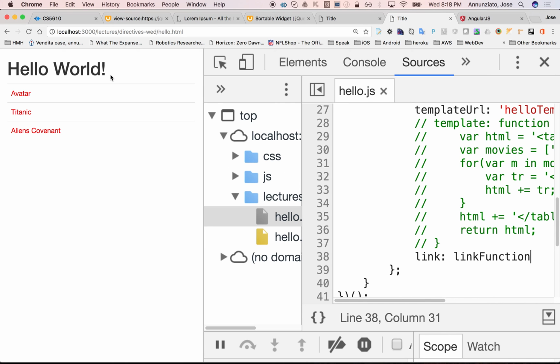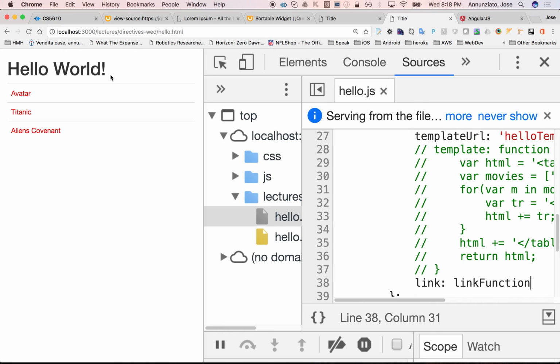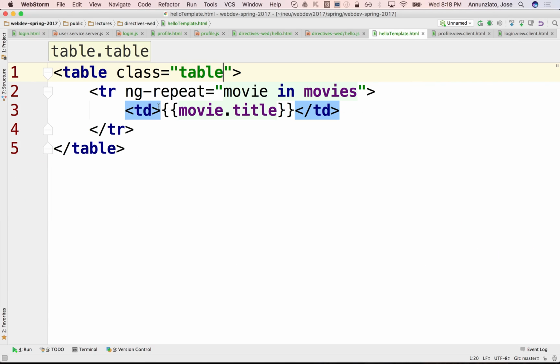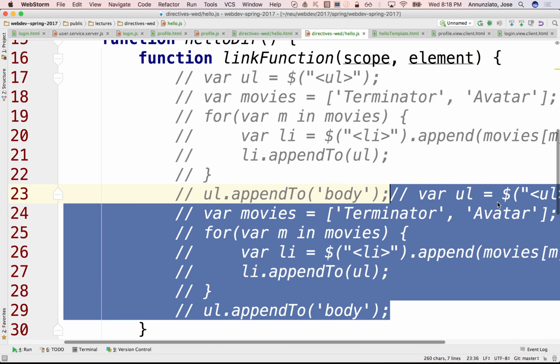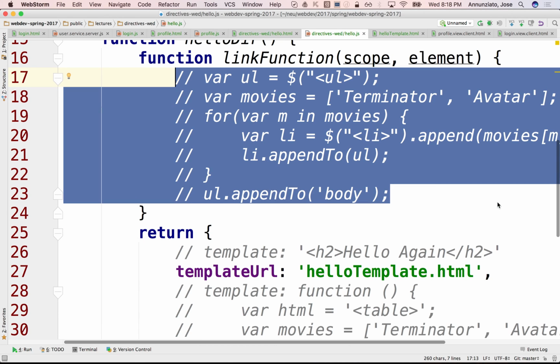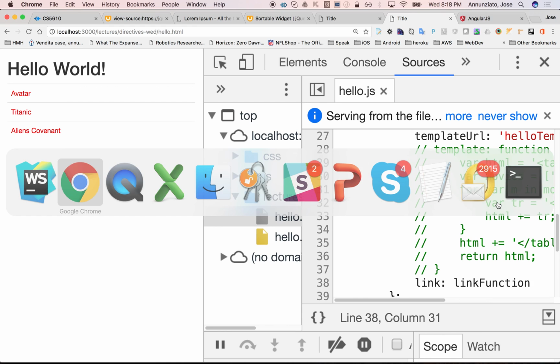Okay, there it is. So what's the point of being able to have jQuery inside of a directive after all? Why did we even bother showing you this example that we had access to jQuery, but we never got to use it? There's no point in it. I'm trying to convince you not to use jQuery. No, actually, you can't do everything in Angular. Angular doesn't have all the behaviors available here through these magical